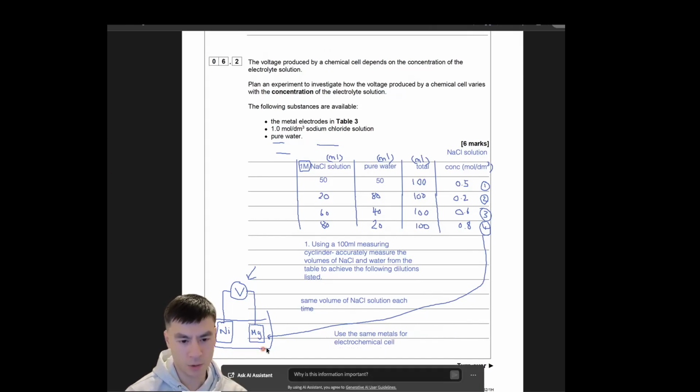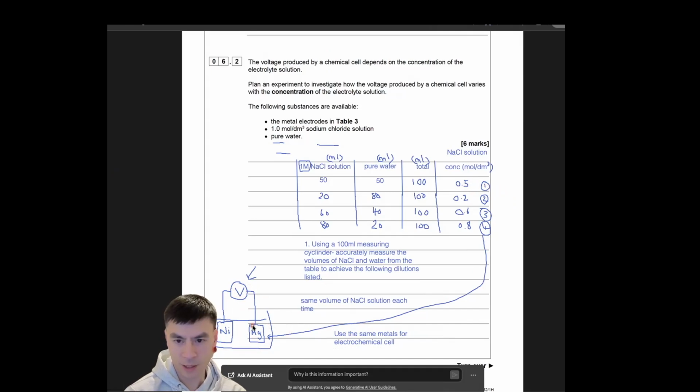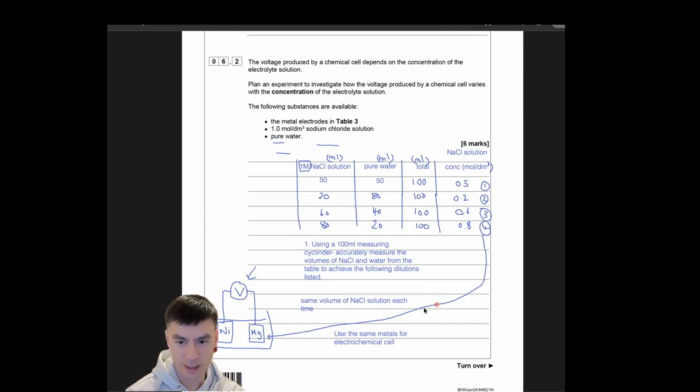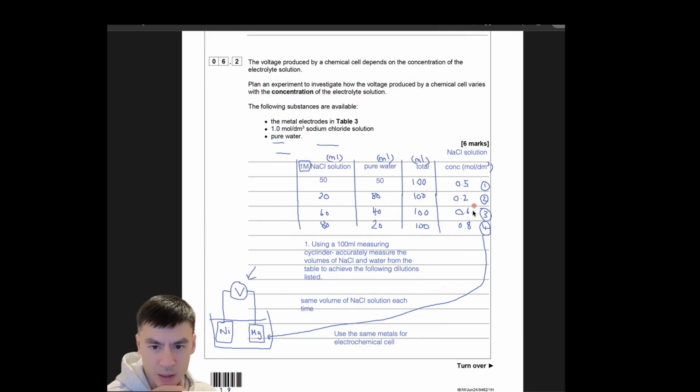OK，呢個梗係要用同一個 magnesium 和 nickel 啦。OK，so every time 就擺唔同嘅 concentration 落去，record 你個 voltage on the voltmeter，跟住就倒走佢，give it a rinse，跟住就擺下一個落去，就 record 個 voltmeter。咁我哋就會有4個唔同嘅 voltage，咁我哋就可以 compare。Make sure you keep things the same。咁就一個 fair test。The only thing we're changing 呢個就係我哋個 concentration 嘅。